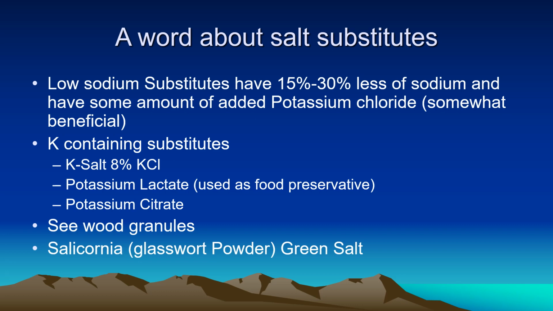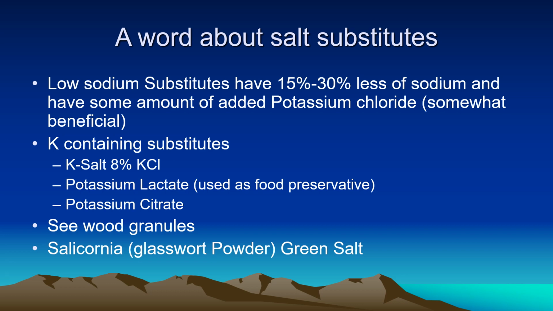because this percentage is compensated with potassium chloride. Now, there are other salts which only have potassium, about 8% of potassium chloride. Potassium lactate has been used as a food preservative, and potassium citrate could also be used, although they have other actions which are undesirable. Apart from these two important substitutes, seaweed granules and salicornia powder, which is green salt, are also